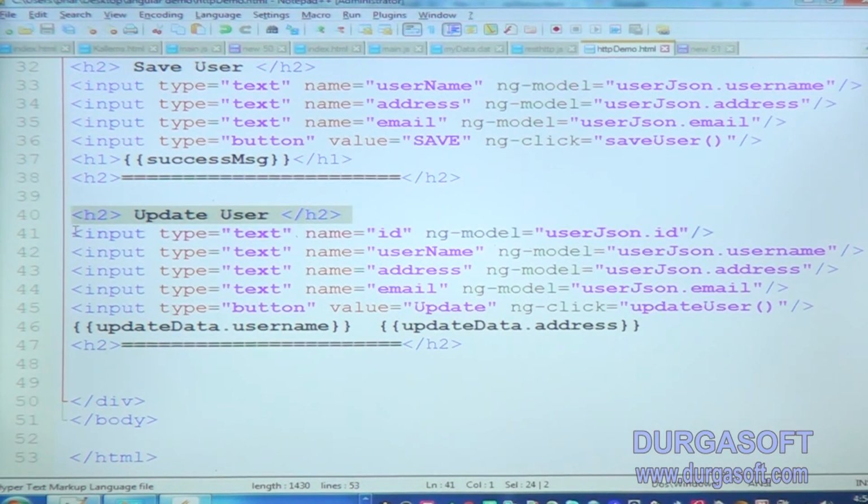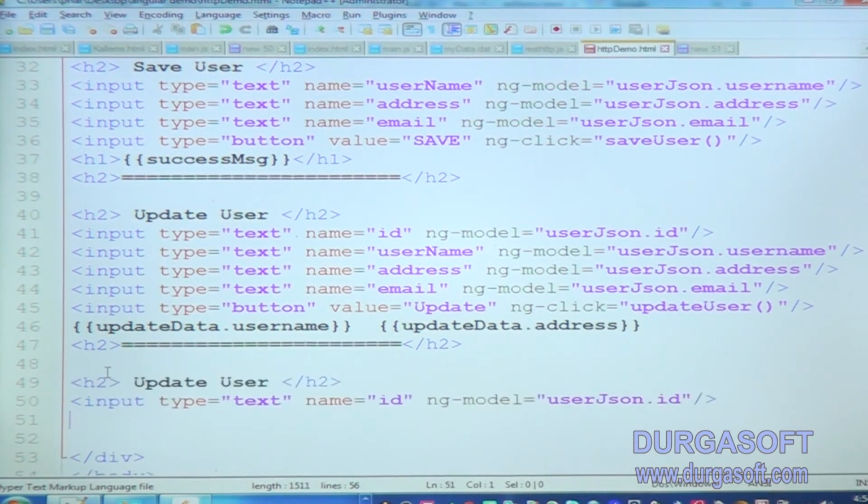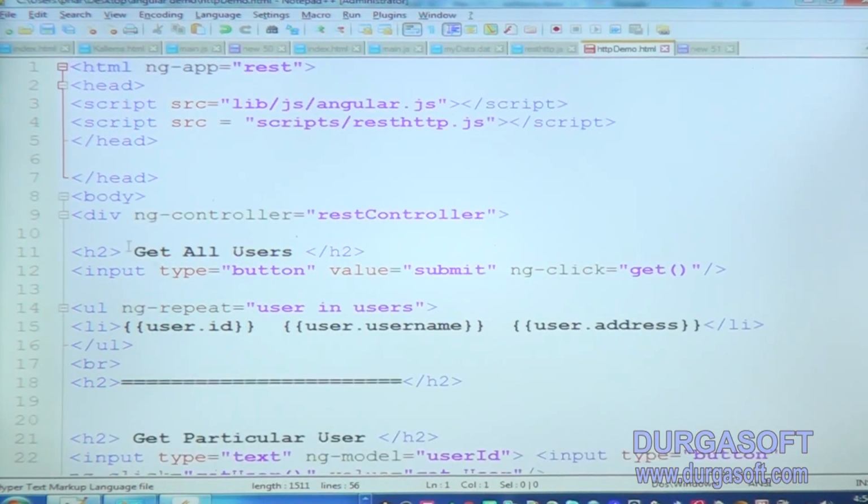Okay, delete user. For this we need not create a JSON object like this.